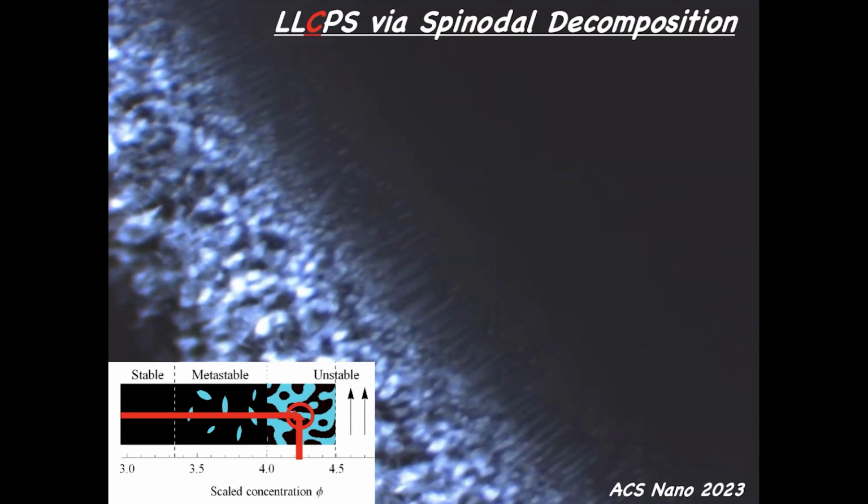And what you see in the background is a movie. I hope it will play. Yes. And you see, this is a droplet, and you start to see at the edge of the droplet struts. And these struts are a signature of the spinodal decomposition. If you wait long enough, you see that now this forms droplets.